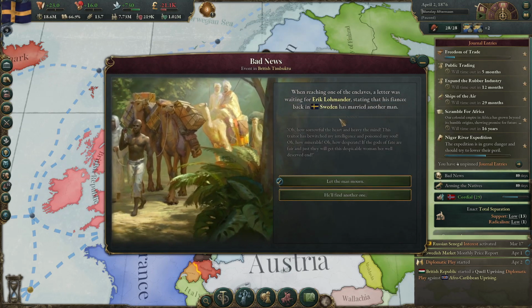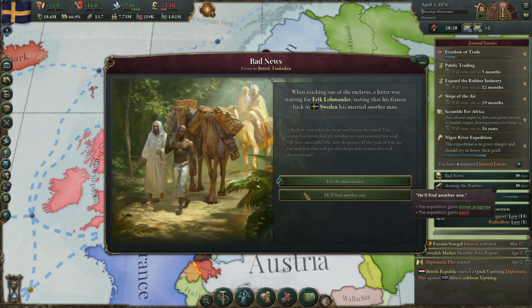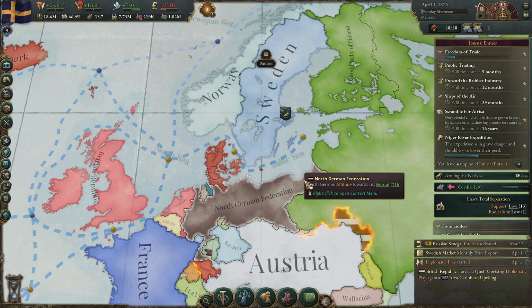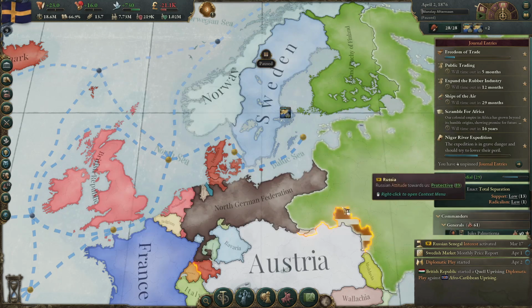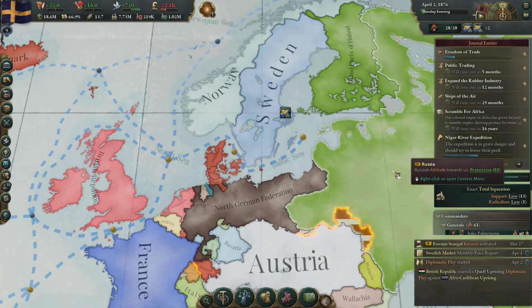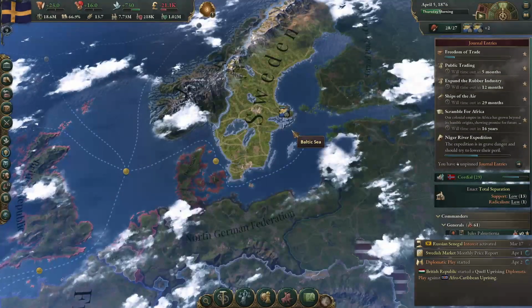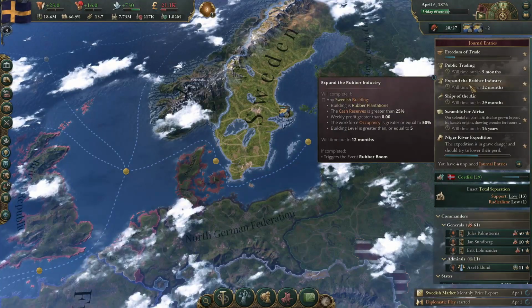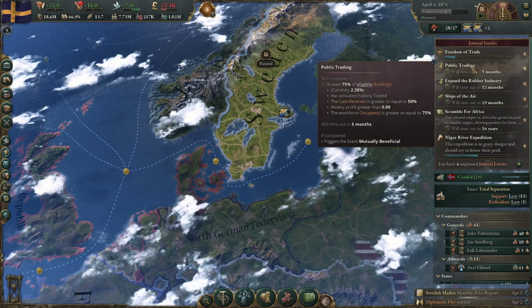When reaching one of the enclaves, a letter was waiting for Eric Lomander, stating that his fiancée back in Sweden has married another man. Oh no. Loses progress or gains peril. I can't afford that. The man mourns. They want to fight, they'll get one. Okay, now, what am I doing? Expand the rubber industry. Hold on, I need to...